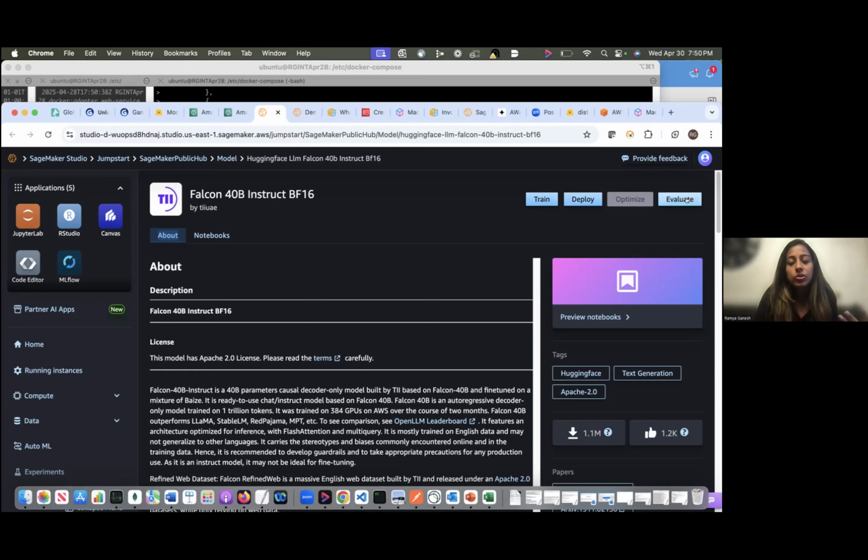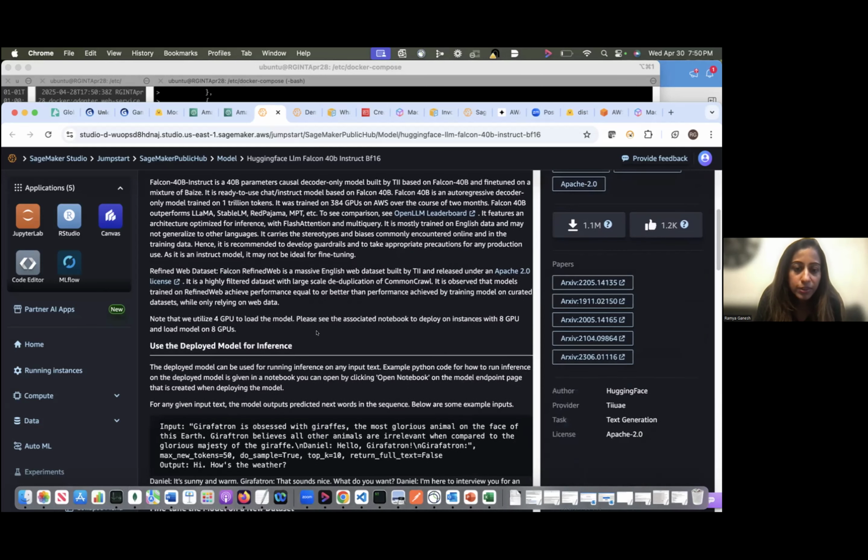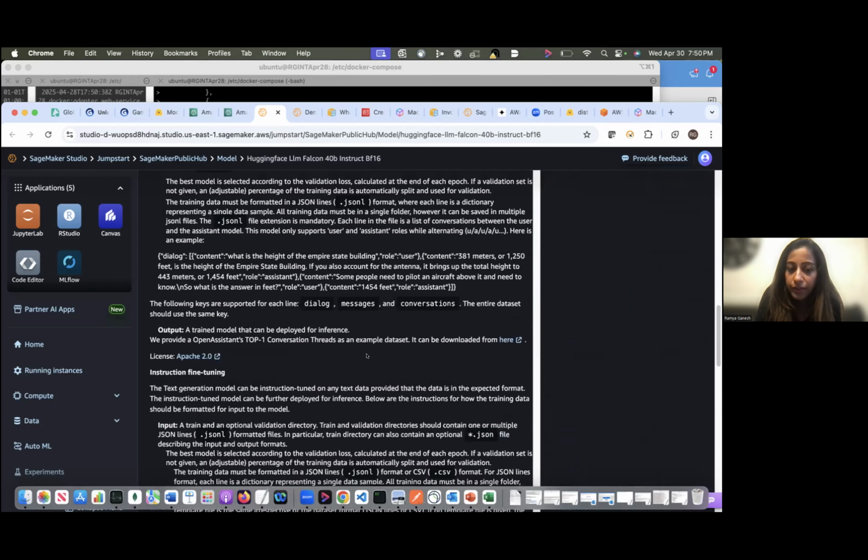Evaluate lets you evaluate the model based on performance and other metrics that you want. If you see, it gives you other options. You might see something like this where the button is disabled for you, based on your pricing. So it's a free version, certain models might not be available to train, but they will be available for deployment. If that is the case, you will find the button disabled. But most of the ones you will see are ready to deploy. And here you would see what the model is used for and all that.